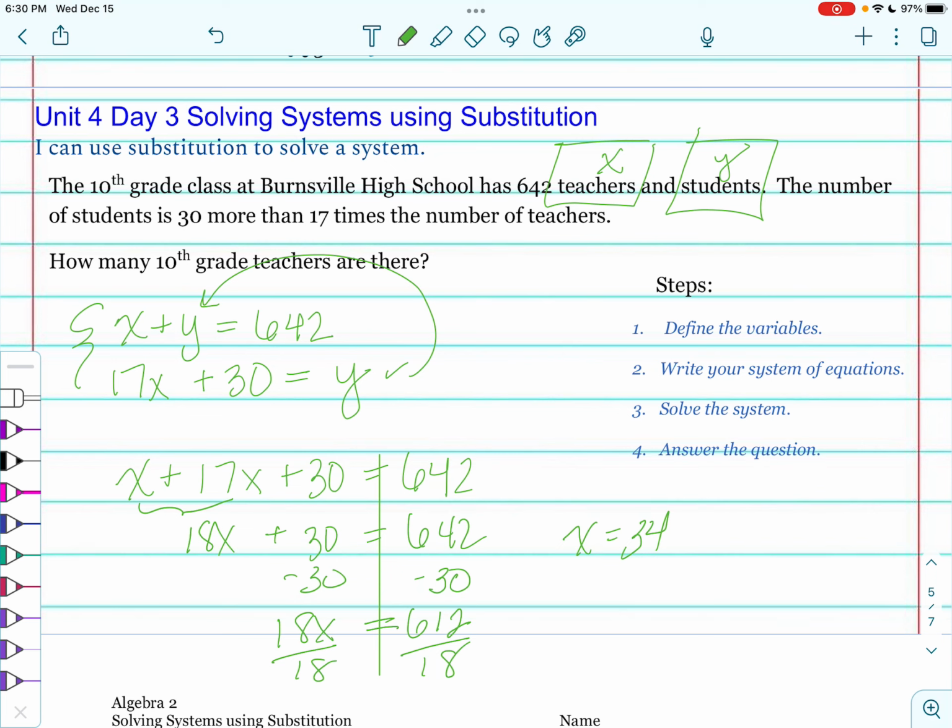So I have 34 teachers. I'm going to plug it back into the one that looks easier to me. So 34 plus y equals 642. Y equals 642 minus 34. And I get 608 students. Okay? So my answer is 34 teachers